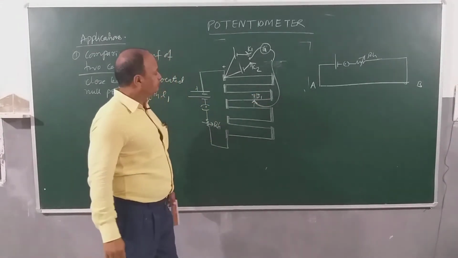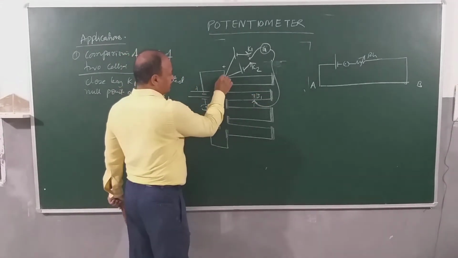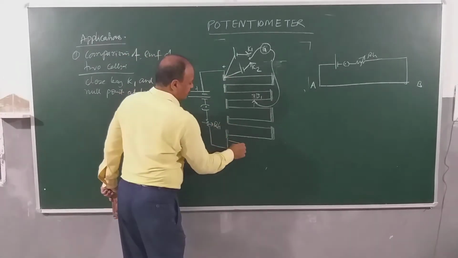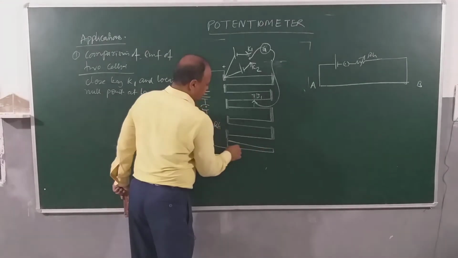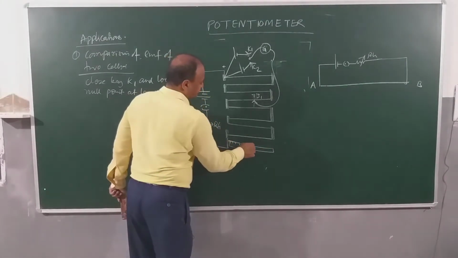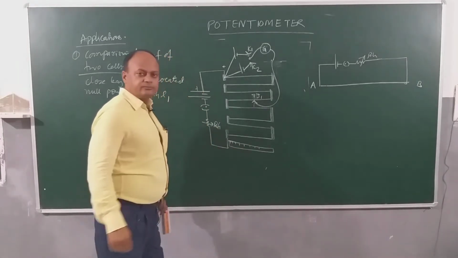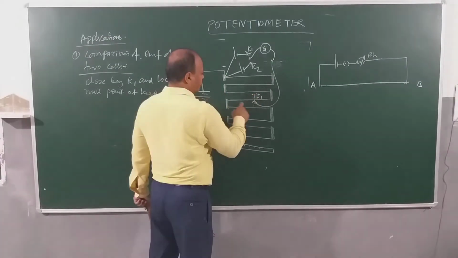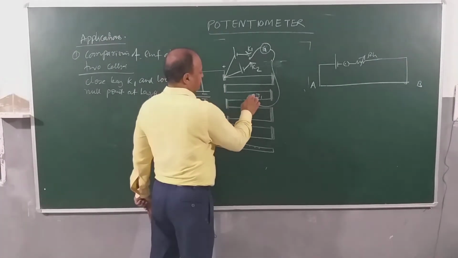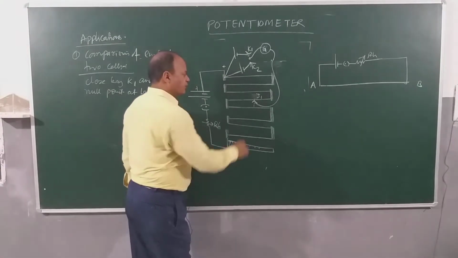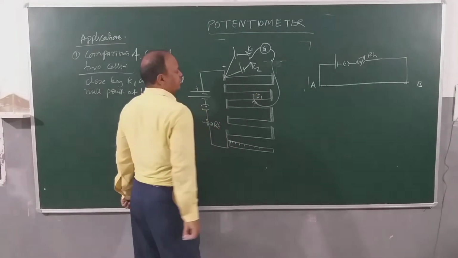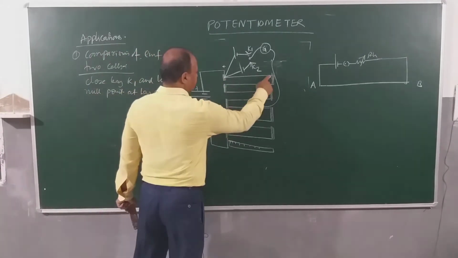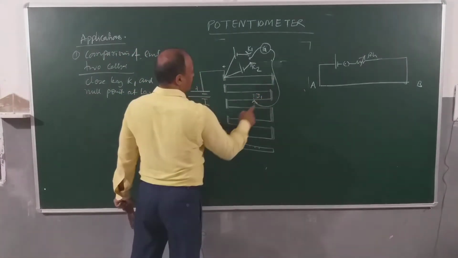Then what will you do? Your 0 is here, you are starting from here, and the last wire is here. We will start counting from here. This is a meter scale which is connected. Then what you will do is, you will start sliding the jockey, and when you touch at a certain point J1 out here, then you find there is no deflection. Then what will you do? You will measure this length, 100 centimeter, 100 centimeter, 100 centimeter, and then you measure from this side.